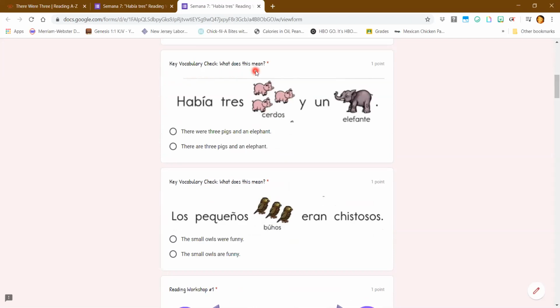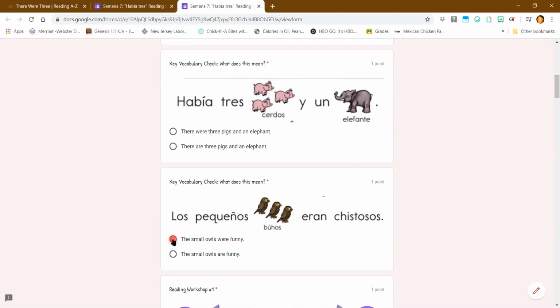What does this mean? Había 3 cerdos y un elefante. There were 3 pigs and an elephant. There are 3 pigs and an elephant. Key vocabulary check. What does this mean? Los pequeños búhos eran chistosos.